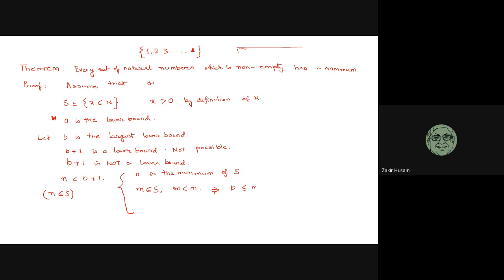So in that case, we have n is less than b plus 1. I've written this. M is less than n. And b is the largest lower bound. So m cannot be less than b. It can be either greater than b or equal to b. Okay. So if we manipulate this, n minus b,